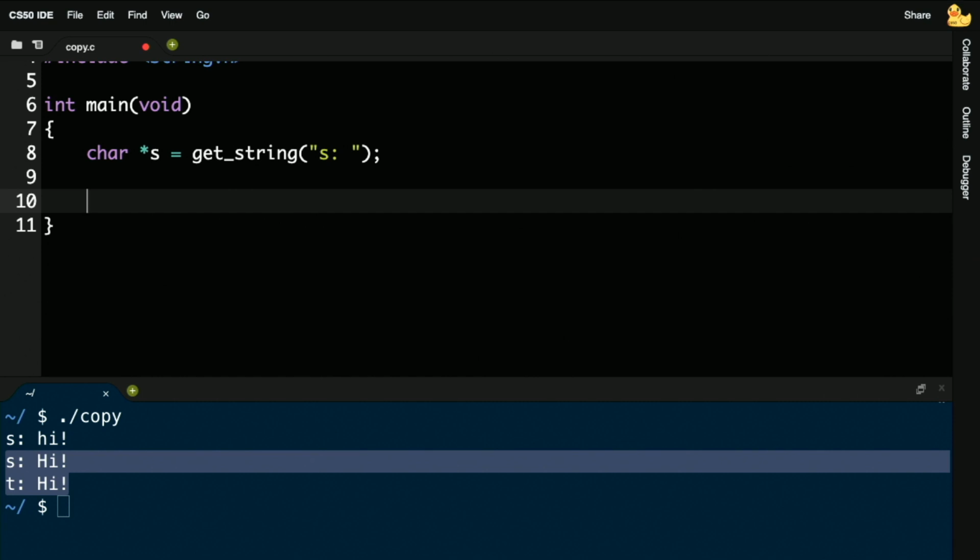But I need to copy them somewhere. So I feel like another step in this process of copying a string has to be to give myself some additional memory. If I have hi, exclamation point, and null character, I need to now somehow take control of this situation and tell the computer somehow in code, give me 4 more bytes of memory so that I have a location for T in which to copy those characters.